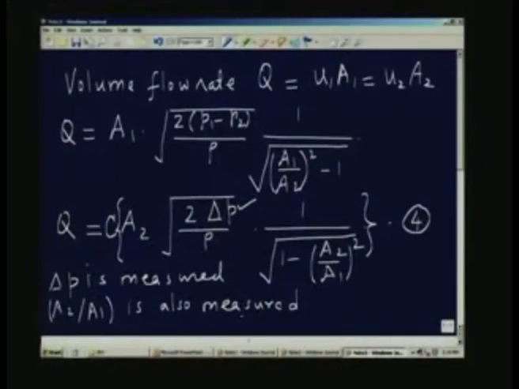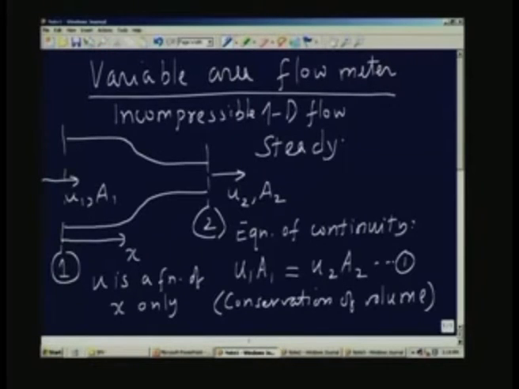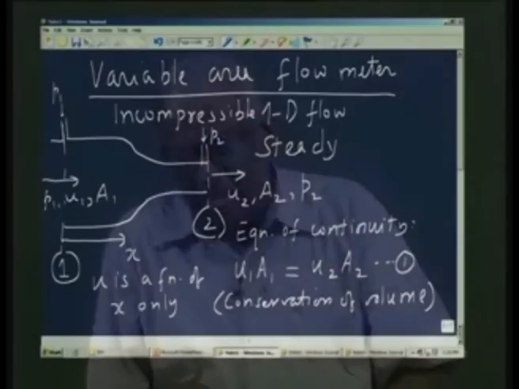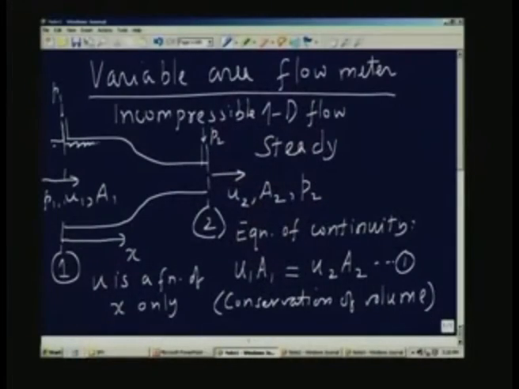Before we go to take a look at this, let me just clarify some points. In writing the equation, I wrote down the pressure as P1 here. I also wrote the pressure as P2 here. The question is, what we are going to do in practice is to measure the pressure at the wall, and here we are going to measure the pressure P2 at the wall. Okay. If there is some viscous effect, the viscous effect is going to be confined to the region close to the boundary.